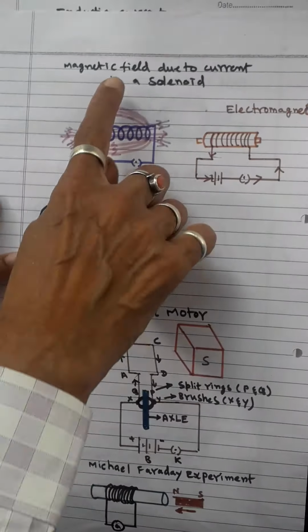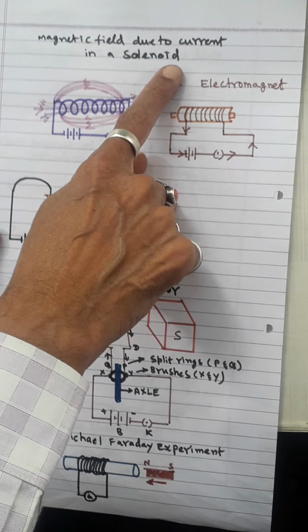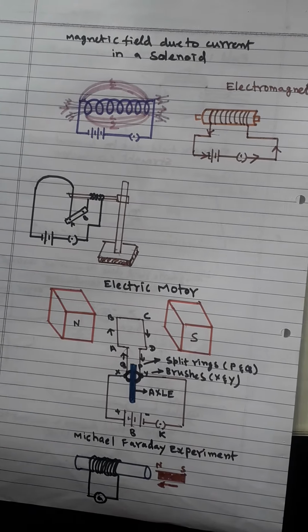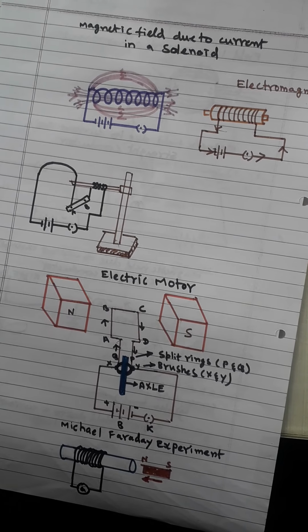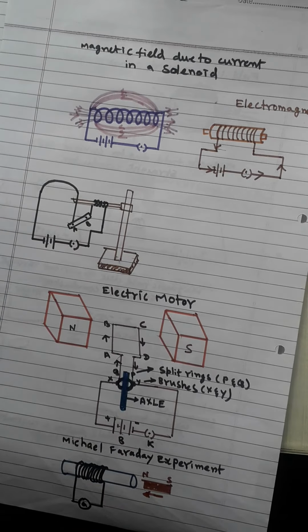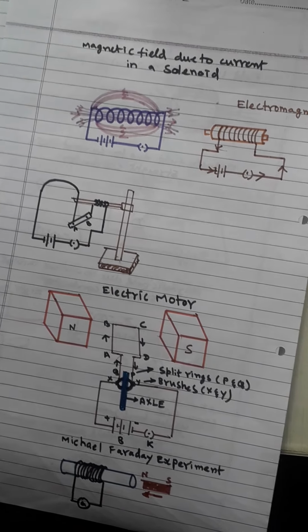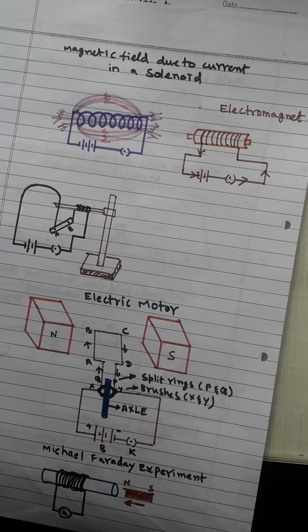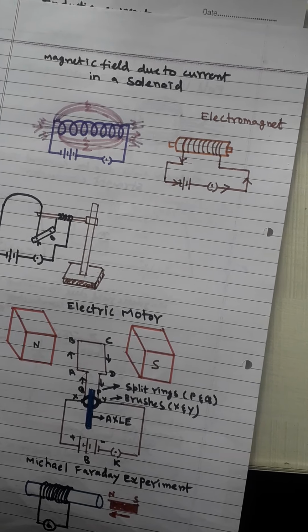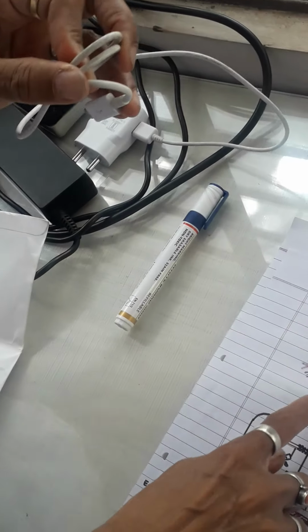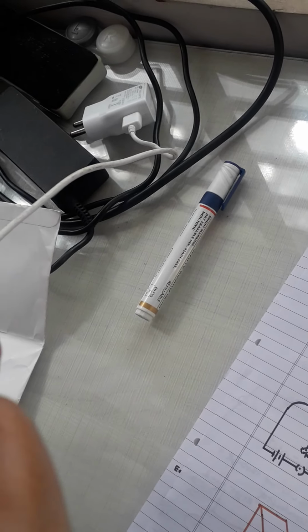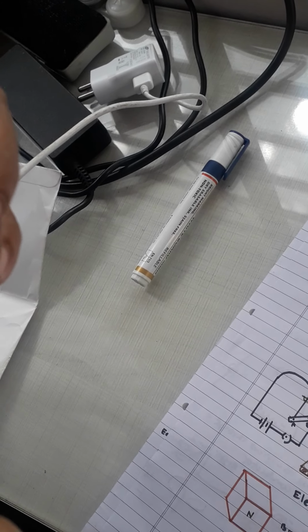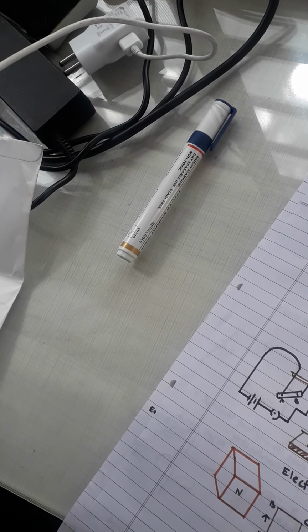Okay. Next let us see about the magnetic field due to current in a solenoid. What is meant by a solenoid? A solenoid is nothing but we have to take an insulated copper wire in a circular form. We have to make it in a circular form, like this type of circular form, I have to keep it like that. That's what I have shown here. So if you take a circular form and then make it like a cylindrical type, that is what we call a solenoid.